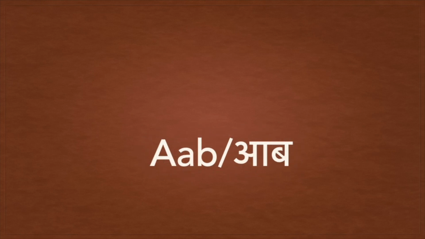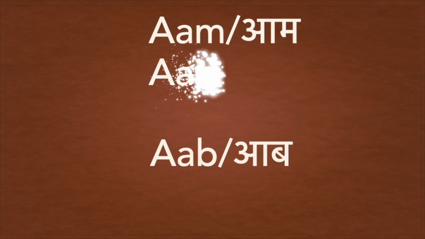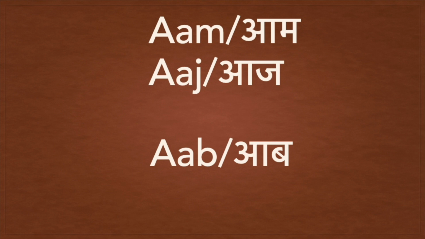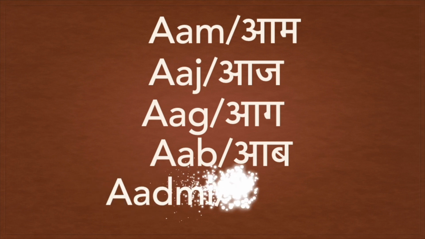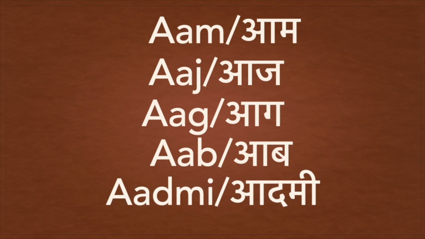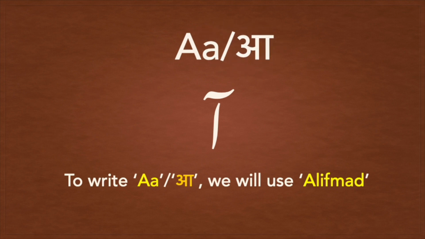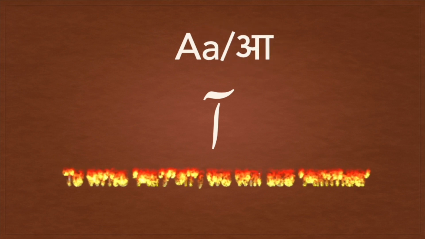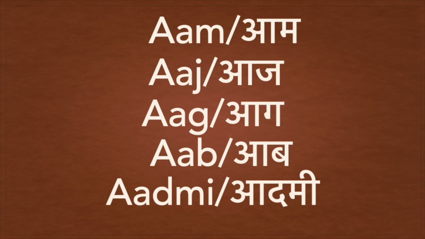But when we have to write "aab", which means water, "aam", mango, "aaj", which means today, "aag", which means fire, and "aadmi", which is human being, then we need to use Alifmad, because Alifmad gives a long "aa" sound. So Alifmad will be used here for writing aag, aadmi,